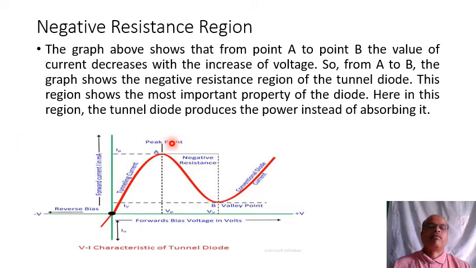In competitive exams, one of the questions is: what is the negative resistance of the tunnel diode, or in which region does the tunnel diode operate? तो आपको ऑप्शन में ये सेंटेंस रिकॉल होना चाहिए. It operates in the negative resistance region, and the VI characteristics show this is the negative resistance region.